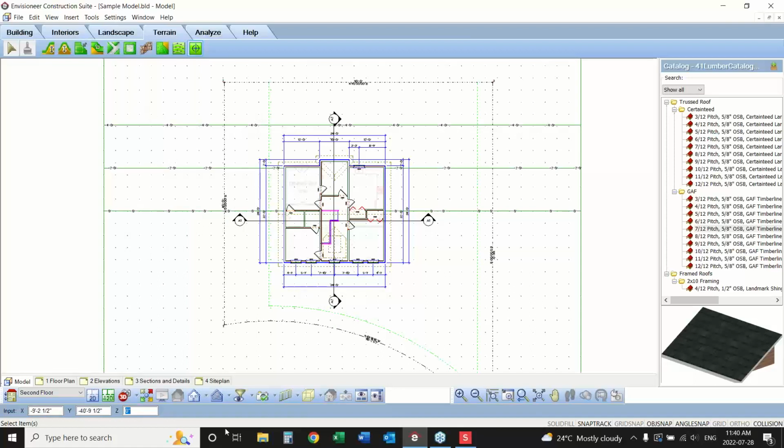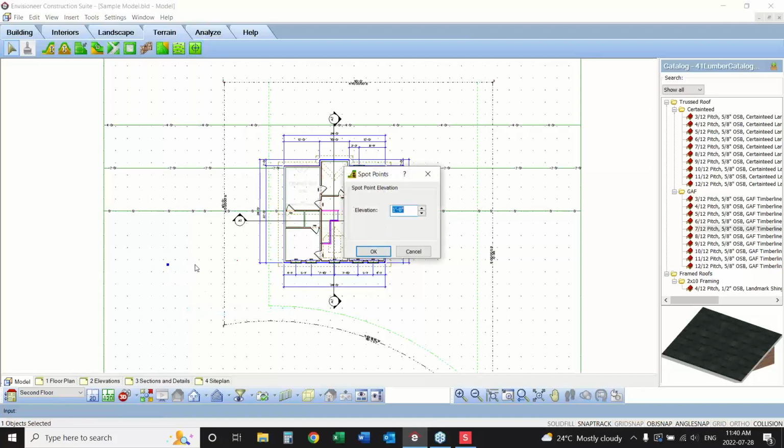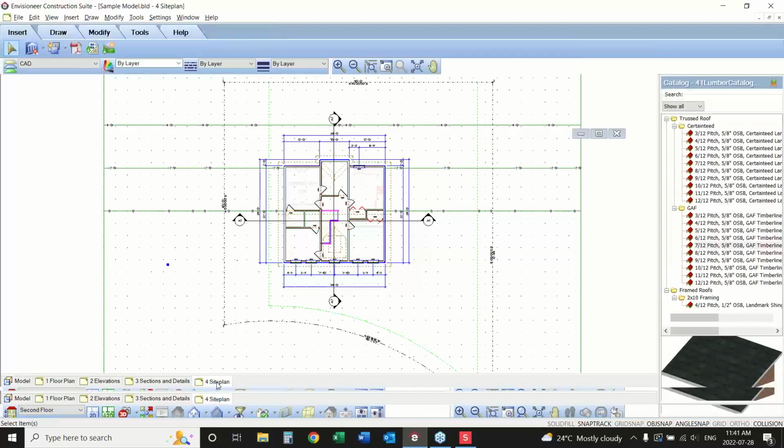I could also put one in here that says at the front of our building, I'm going to put it up at 1 foot. See at the bottom, the Z value, tab, 1 foot there, and 1 foot there, and 1 foot there, and there. So you can put in all different spot points as well and type in the elevations that those are and go from there. And it will put in the grade lines for that. So if I come back here to our site plan,